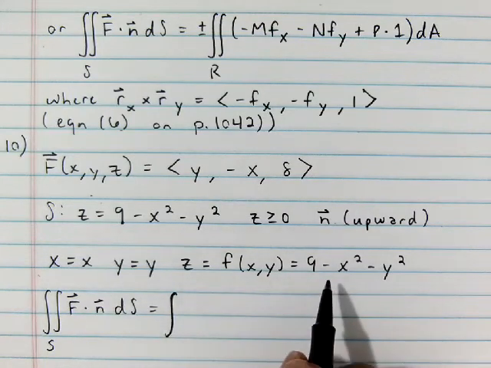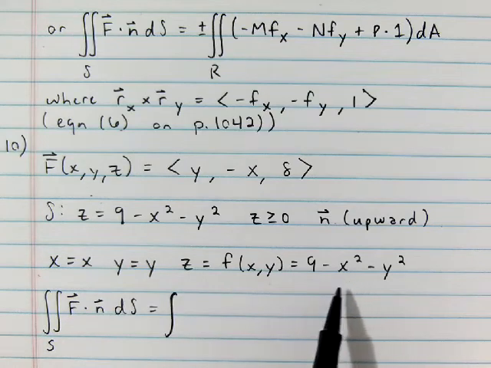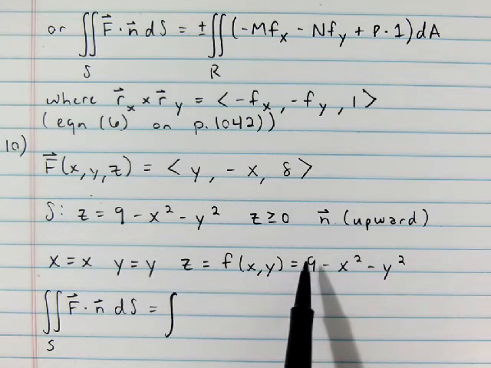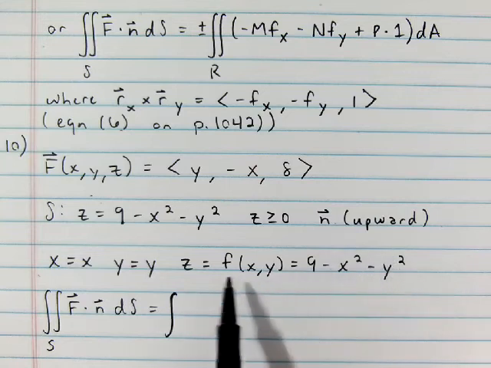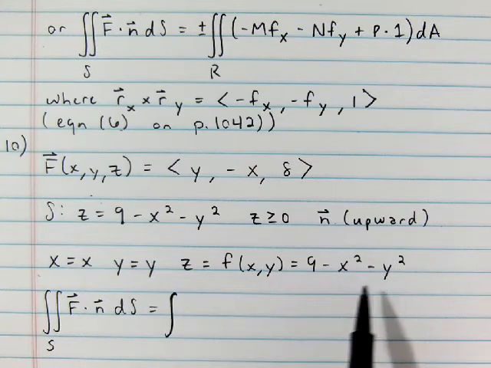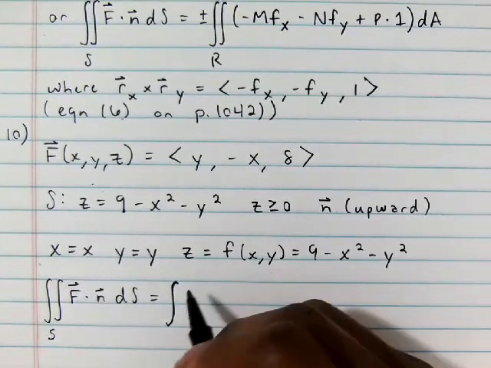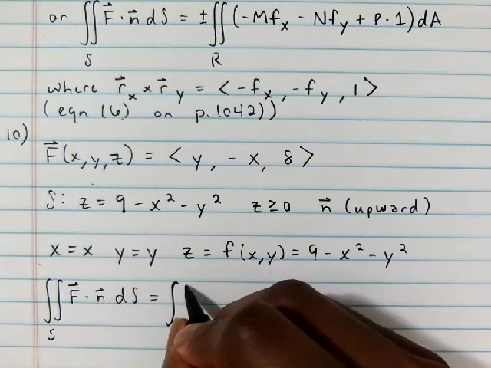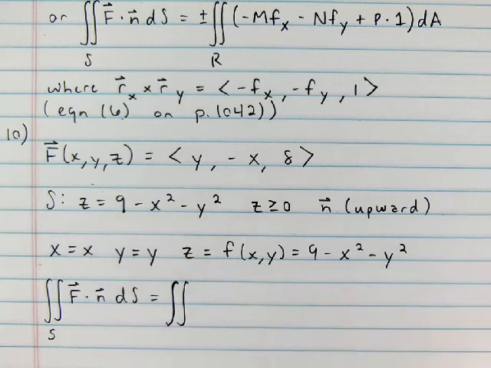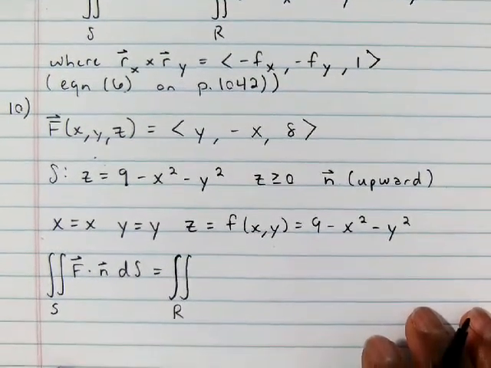What we would do is look at this thing in the xy plane. Setting z equals 0, we get x squared plus y squared equals 9 as our region, a circular region. But for now, I'm just going to put the double integral over R of